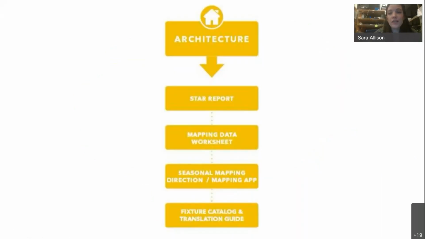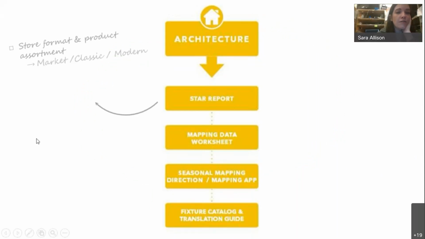Okay, cool. So now we're moving into architecture. We are halfway through our filters. The architecture filter, like we mentioned earlier, is really about your particular store build. So is your store built like the lab store, or is it a little bit different? Are you a little bigger than most other stores? Are you smaller? How is your store constructed? How many fixtures do you have? All of these things can be found on what's called your STAR report.